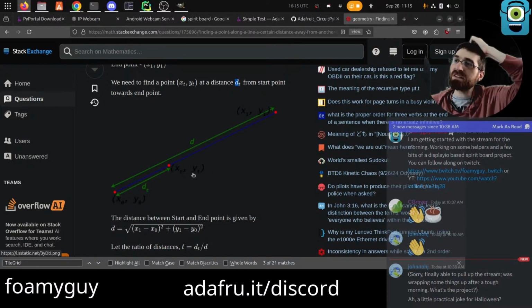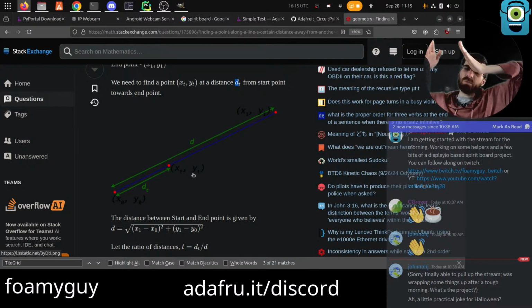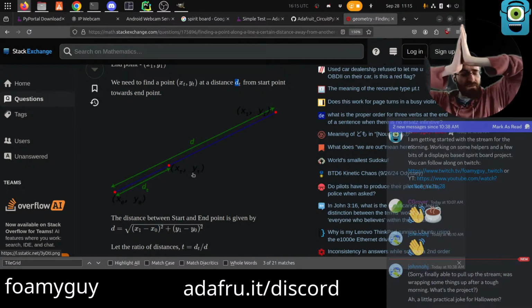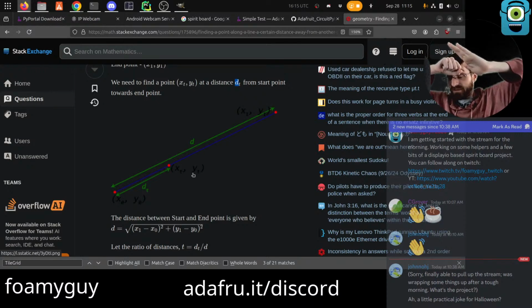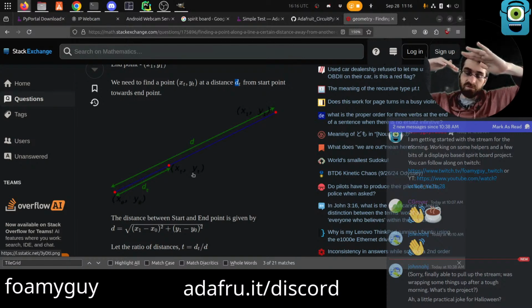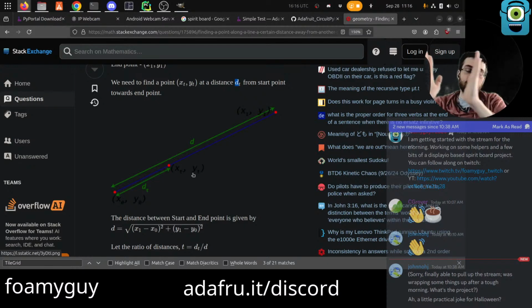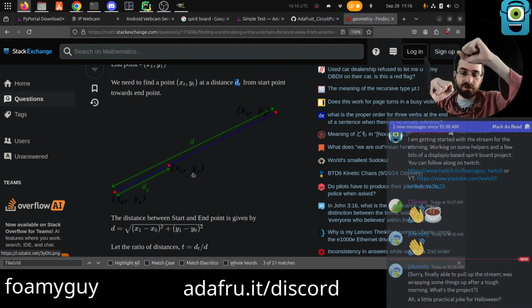I mean, I suspect if we find the slope of the line, the slope is just rise over run, which means the amount we move up divided by the amount we move right. So if we found the slope, or really if we found the rise and the run, the two parts of the slope,